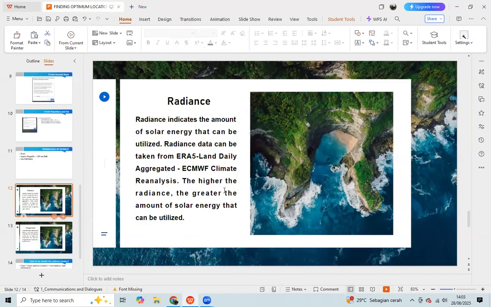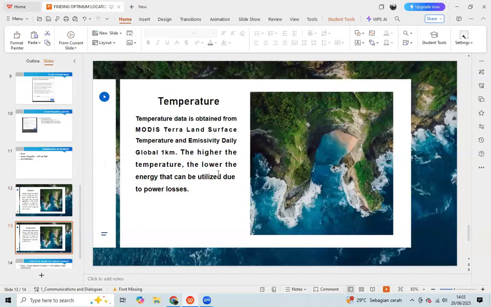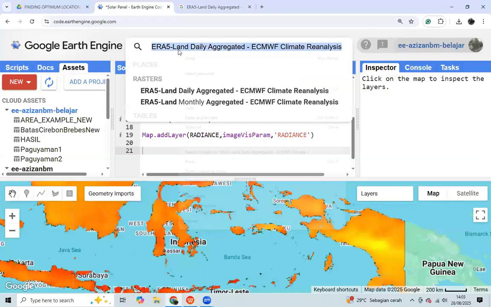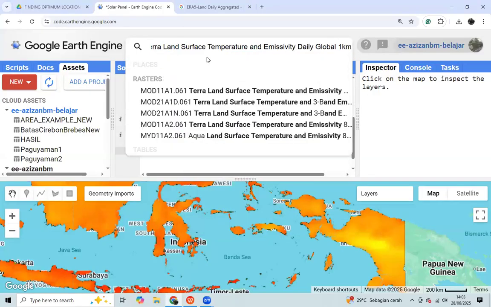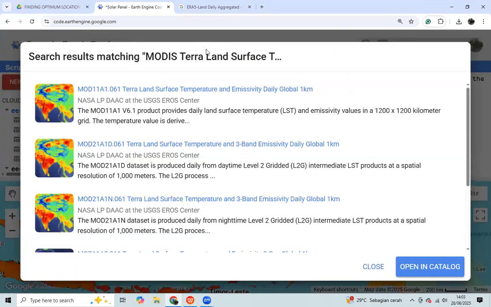For the radiance, the higher the radiance, the greater the amount of solar energy that can be utilized. However, the higher the temperature, the lower the energy that can be utilized, because it can lead to power loss. We copy and we paste it. Then we click enter. We use the daily data.